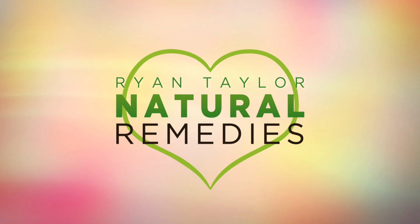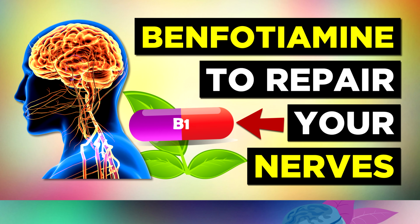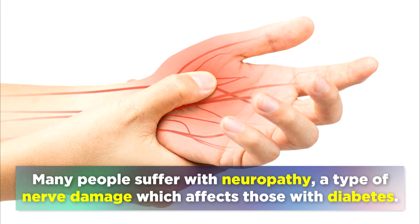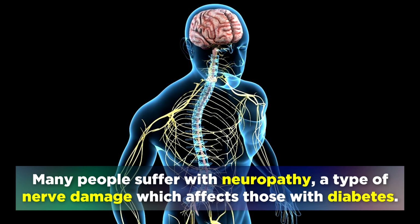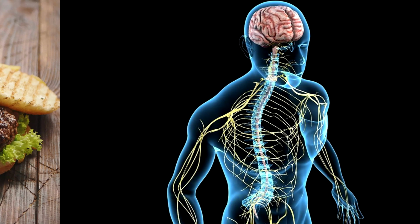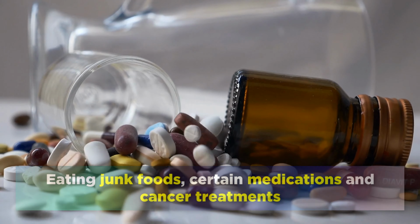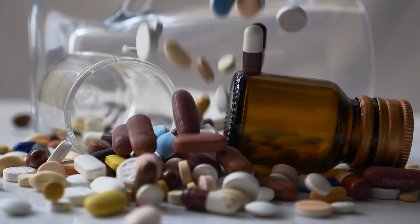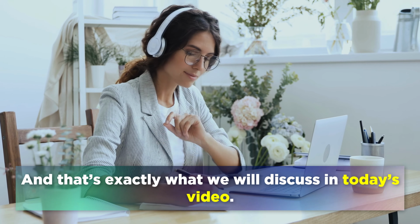Ryan Taylor Natural Remedies presents the benefits of benfotiamine for repairing the nerves. Many people suffer with neuropathy, a type of nerve damage which commonly affects those with diabetes. Eating junk foods, certain medications and cancer treatments may also lead to nerve damage. One of the best ways to repair the nerves is by taking benfotiamine, and that's exactly what we will discuss